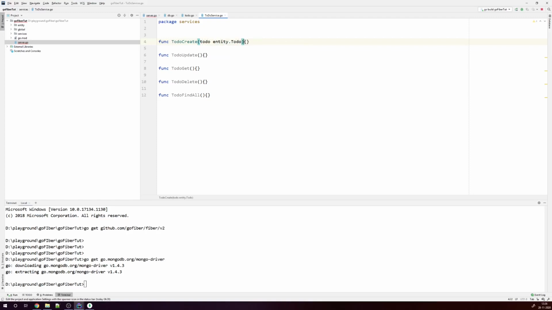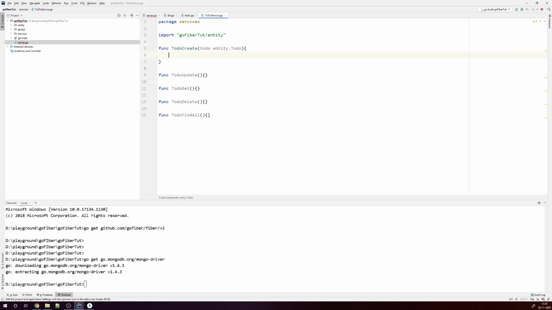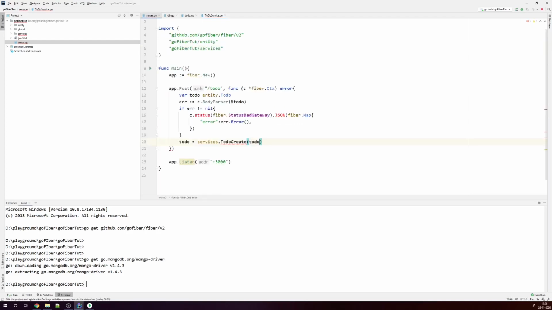To do, and let's have an output type of to do because we are expecting a to do, and that would be entity.ToDo. Let us also output an error. In case an error occurs, we're also going to say that it returns a tuple that has a type error as well. So we're going to go back to server and we're going to say to do, error,